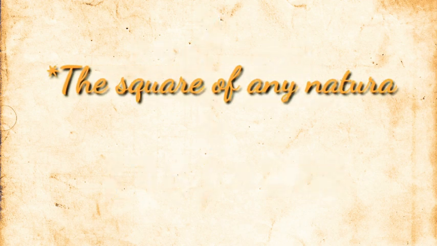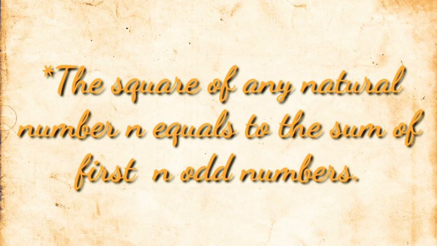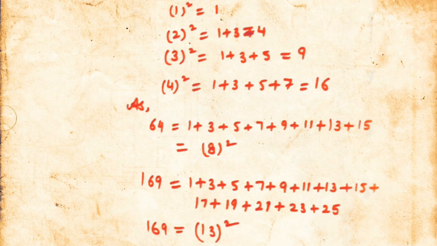So next property, that is the square of any natural number n equals to the sum of first n odd numbers, as in that they are saying if you have to write down the square of any number that can be expressed as the sum of odd numbers, first n odd numbers, as you are going to find out one square, so one square can be expressed as sum of odd number। तो फर्स्ट ऑड नंबर कौन सा है, 1, तो कितने लिखने हैं,